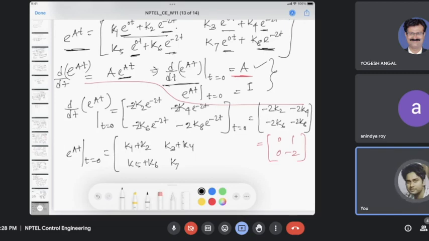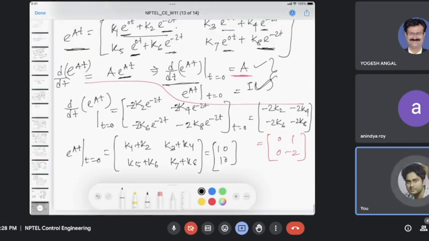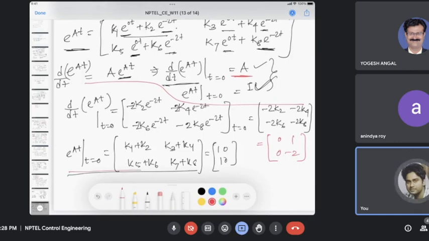So we have k7 plus k8, and this is equal to the identity matrix from the second property. So equal to 1 0 1 0. So what we do is just solve these two sets of equations, this equation and this equation. So from this we observe that,